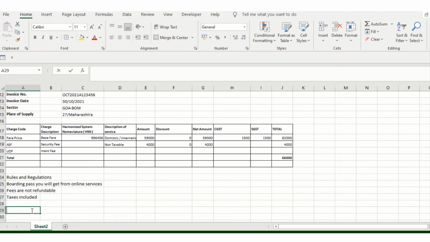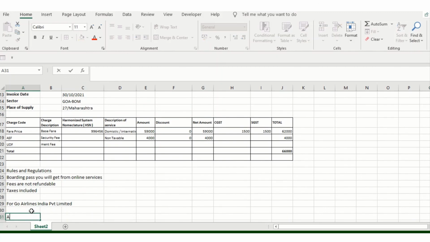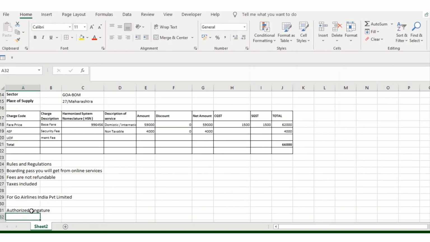And then just add this for your signature. Go Air Lines India Private, or whatever limited it is, and authorized signature.